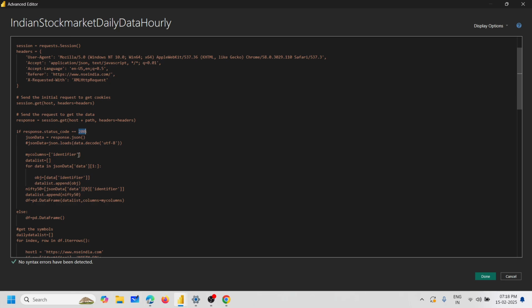Once you have some data, then your response, we have to check if it is in a JSON format. Actually, I knew that this should come in the JSON format, so I will just decode it in UTF-8. Then I know what columns I have to take. All these things are just Python code. You have to just play with that